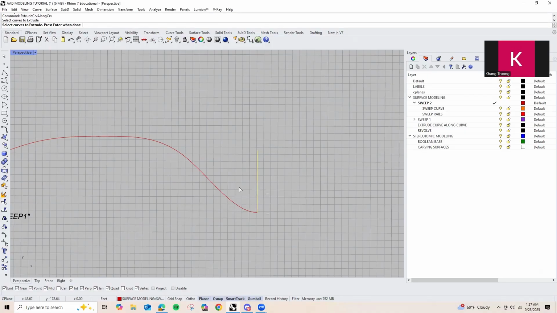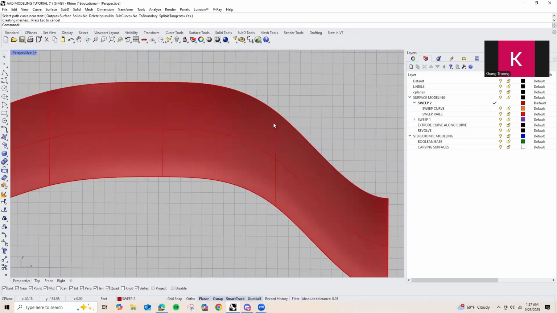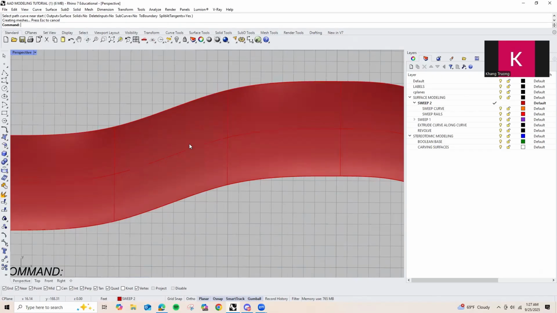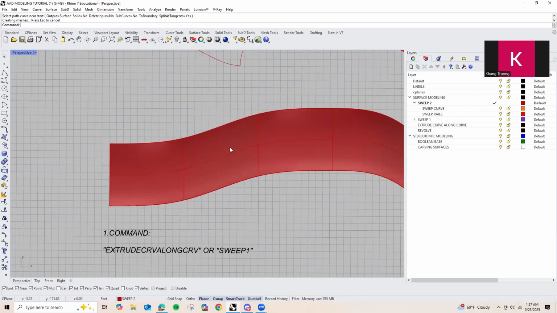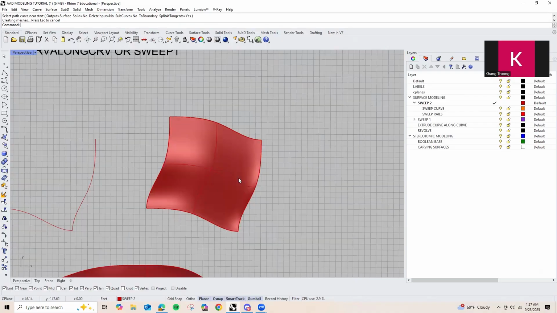Enter, select the path curve, it's just another name for a rail, near the start. So I clicked here, and as you can see, even though Rhino constructs its own sweep curves, it's always maintaining the same direction. It doesn't change the rotation at all. As you can see here,